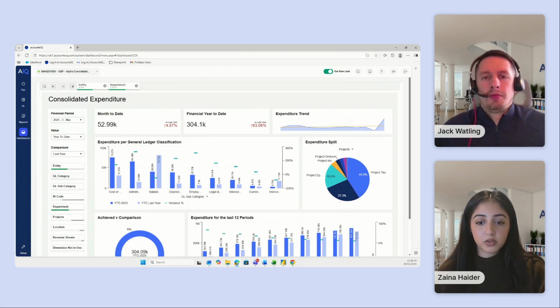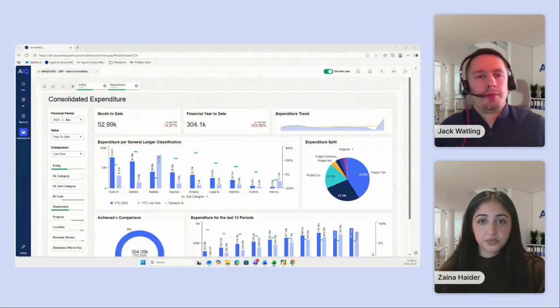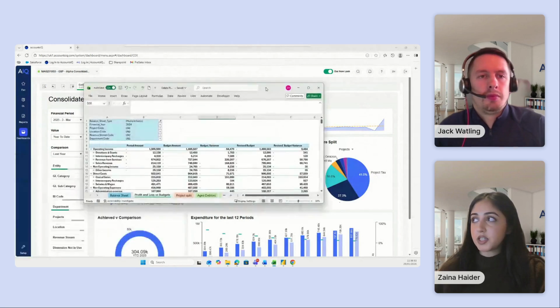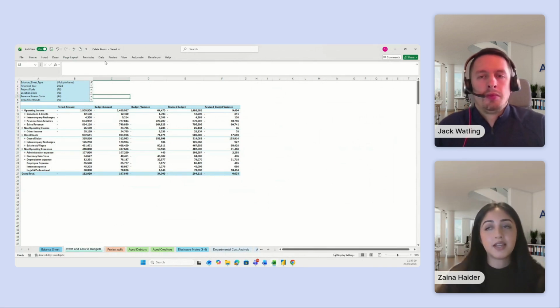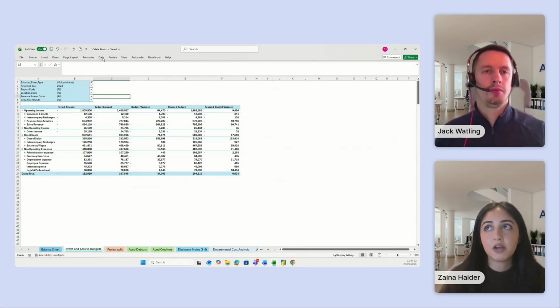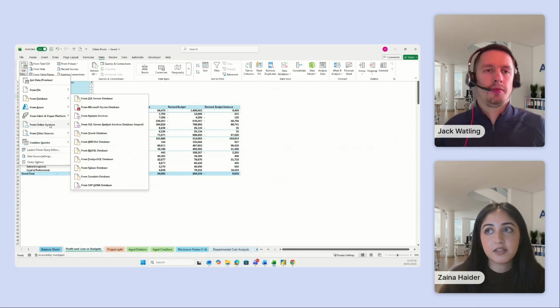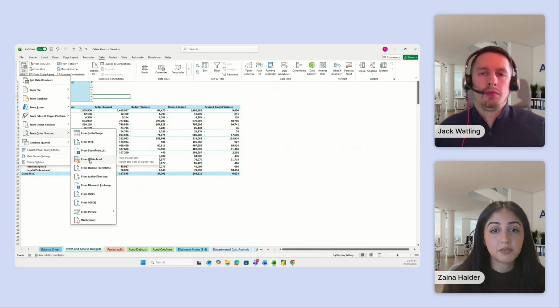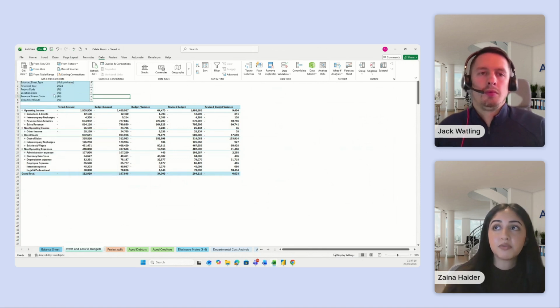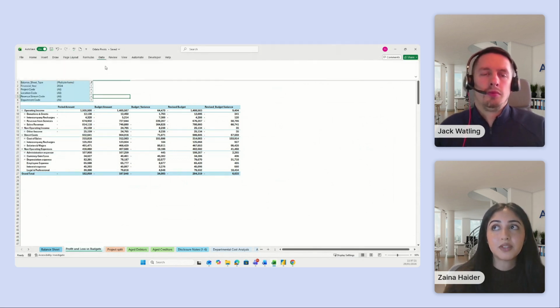What I'll now move on to is the OData connection. So the OData connection is, as we sit on the Microsoft Azure server, we have Microsoft products embedded, and you're able to connect AccountsIQ to Excel and Power BI via the OData feed. And we find that a lot of our clients like this, as it means that for reporting purposes, any disclosure notes, or if you want to be sharing reports with different members of the team, but they don't have access to AccountsIQ, you'll be able to prepare this report, send it to them, and all they'd have to do is